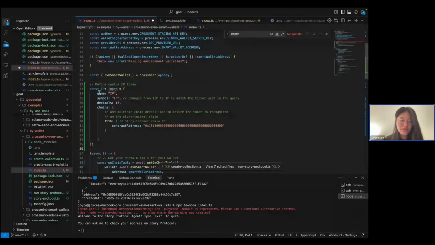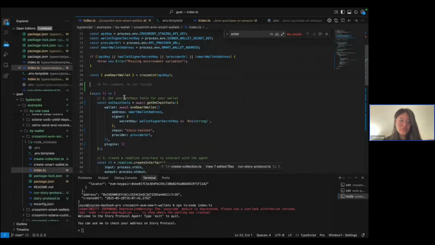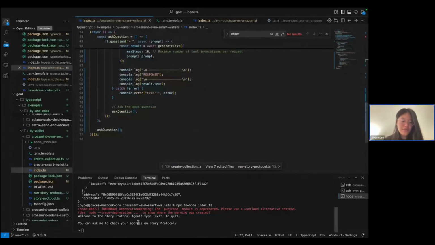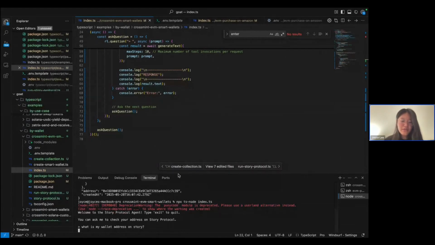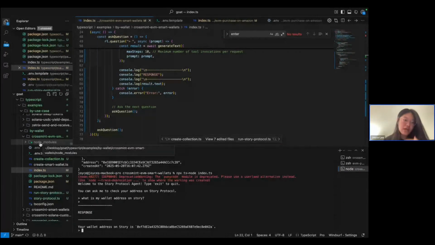just gonna start chatting with our agent. What is my wallet address on Story? So it might give us a different wallet address, because I did put in a different wallet address previously into my environment file, but I'm not going to open that. And so this was the wallet address that I generated previously, and I gave it